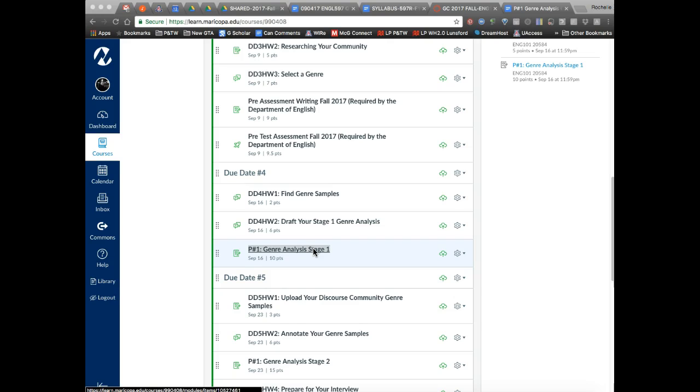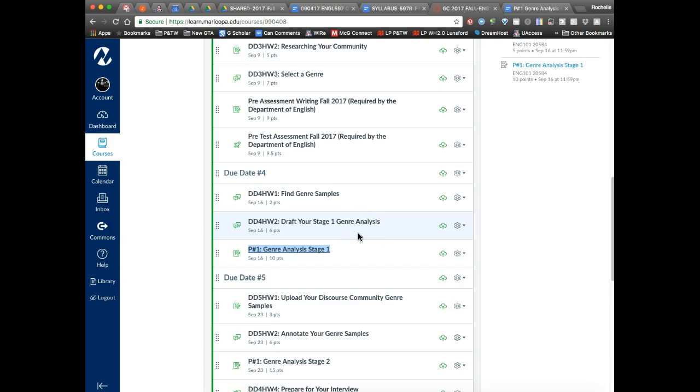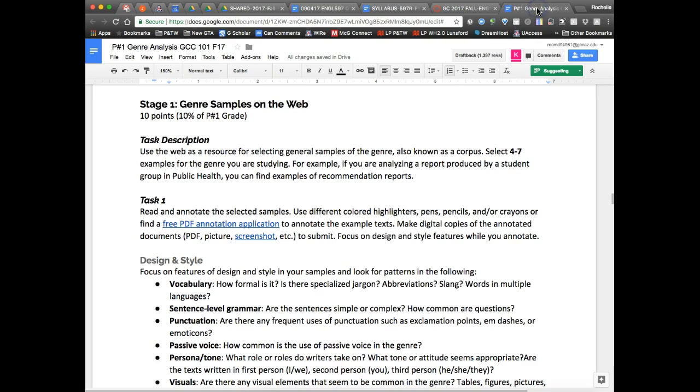I did want to discuss what you're doing this week for due date number 4. Basically, as you can see here, due date number 4, you are focusing on the genre analysis, the stage 1 genre analysis. So let's go look at the assignment prompt and discuss that briefly. So the stage 1 genre analysis, basically what you're supposed to be doing is you first identify a genre that